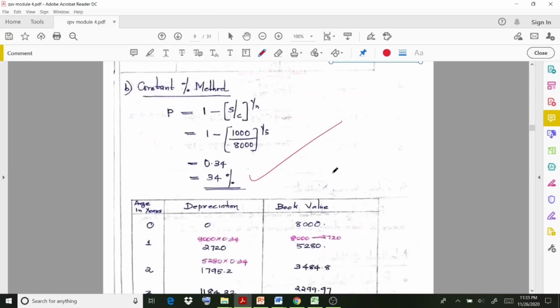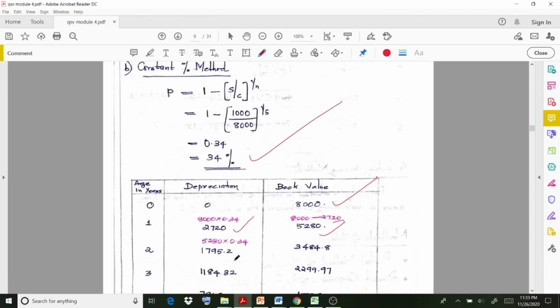So in the first case, that is the 0th year, the book value is 8,000 itself. In the first year, 8,000 multiplied by 0.34 gives you 2,720. Then 8,000 minus 2,720 gives you 5,280. For the second year, you multiply this book value, 5,280, by 0.34,